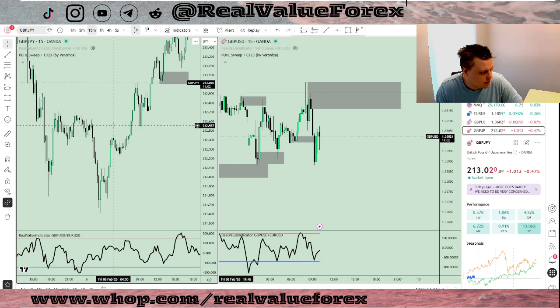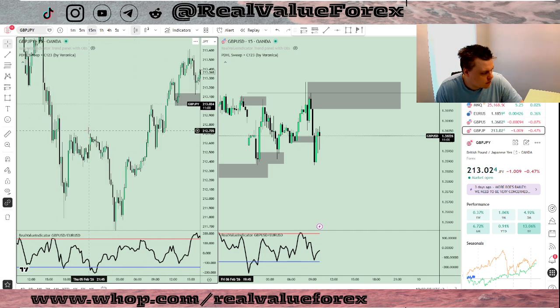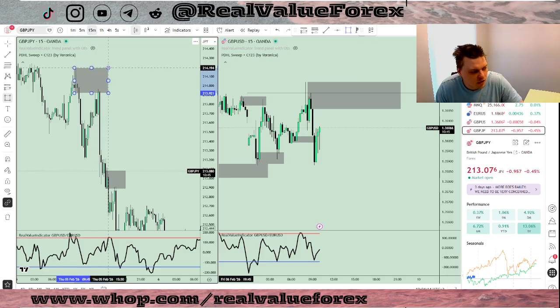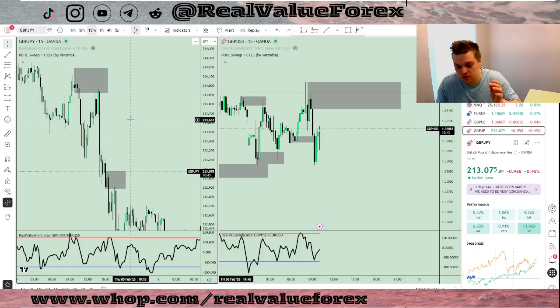Do we have some more setups? Here we just broke it. Here we didn't tap it. Here we tapped and we took off again. Here what we have, order block, tap, took off. So it's working with other pairs as well. Just the question is, I don't know if it's